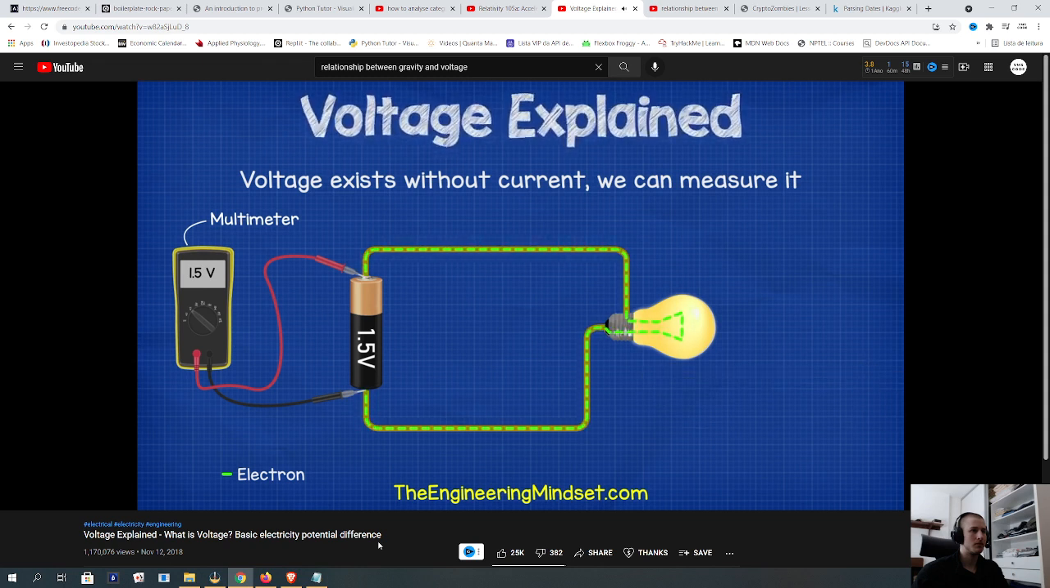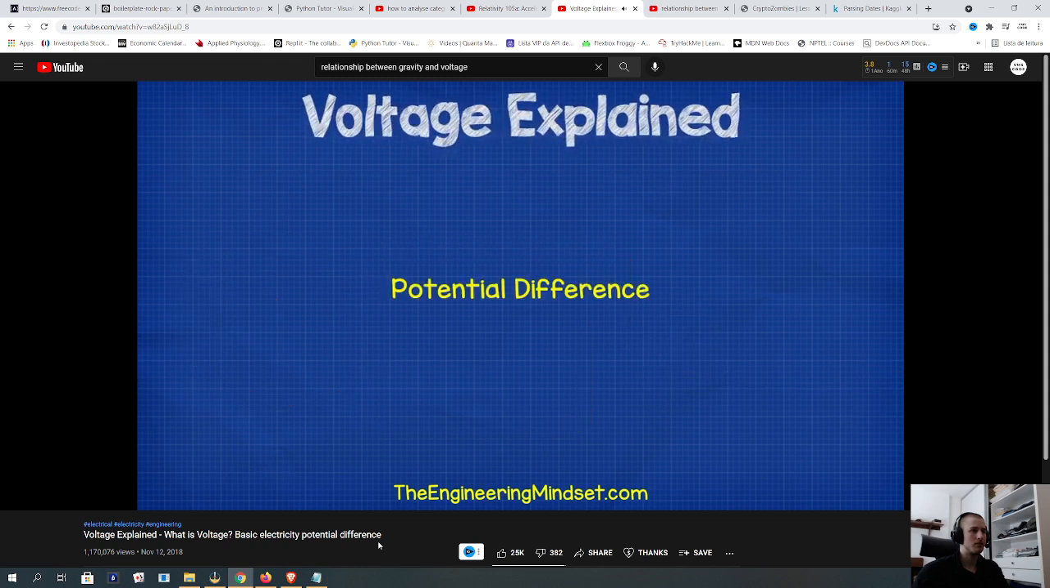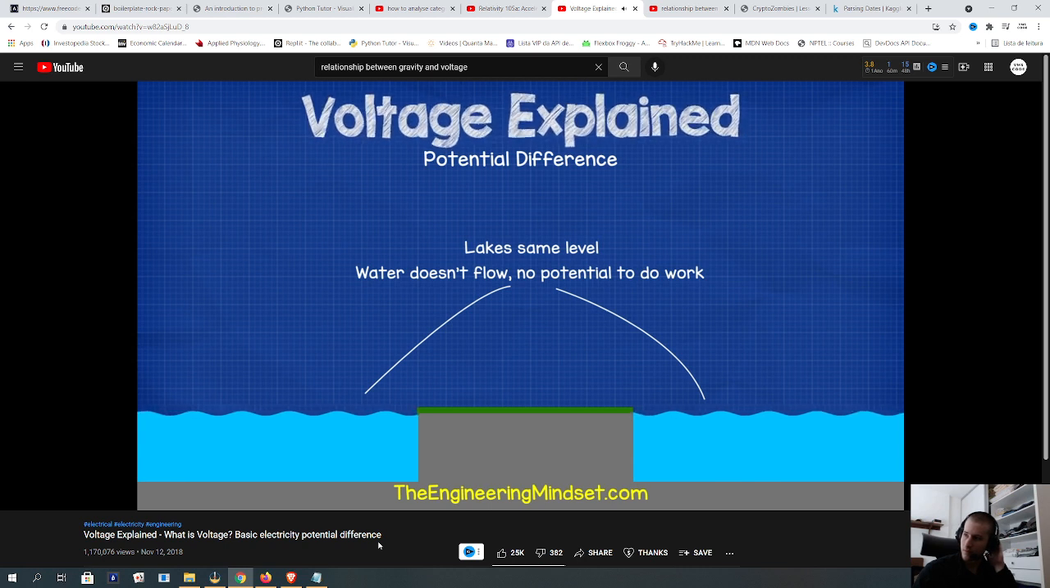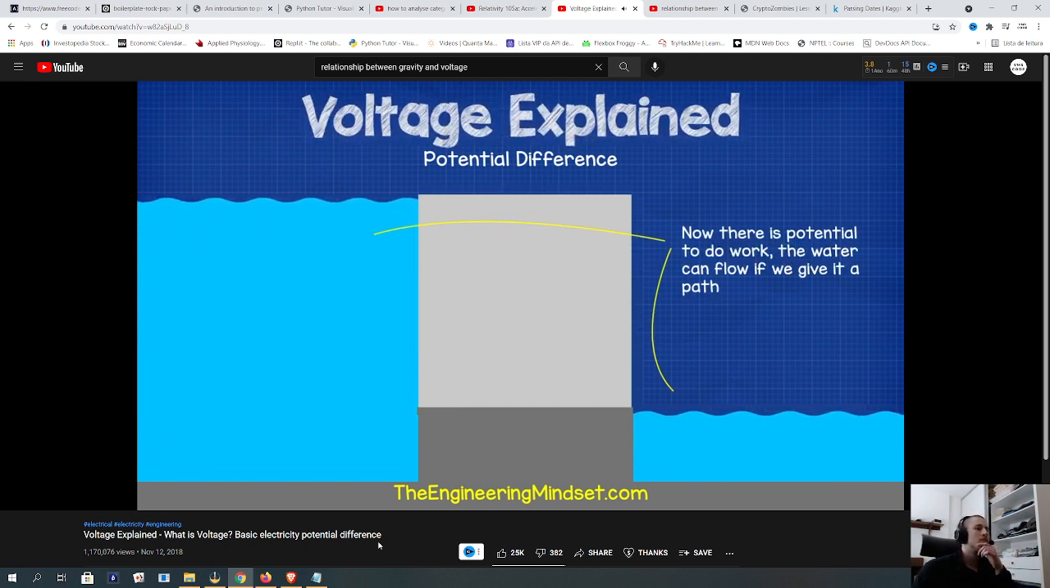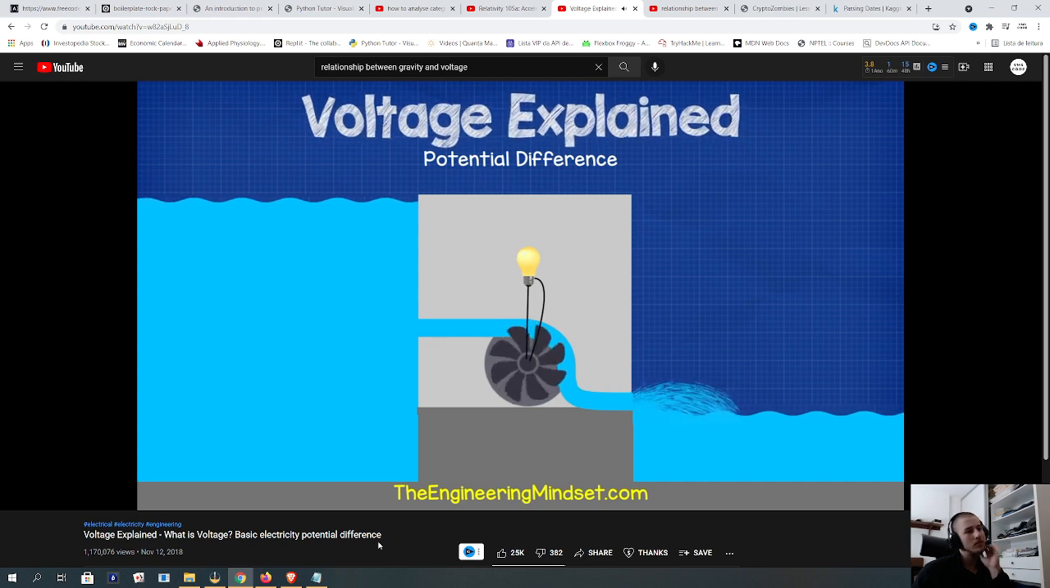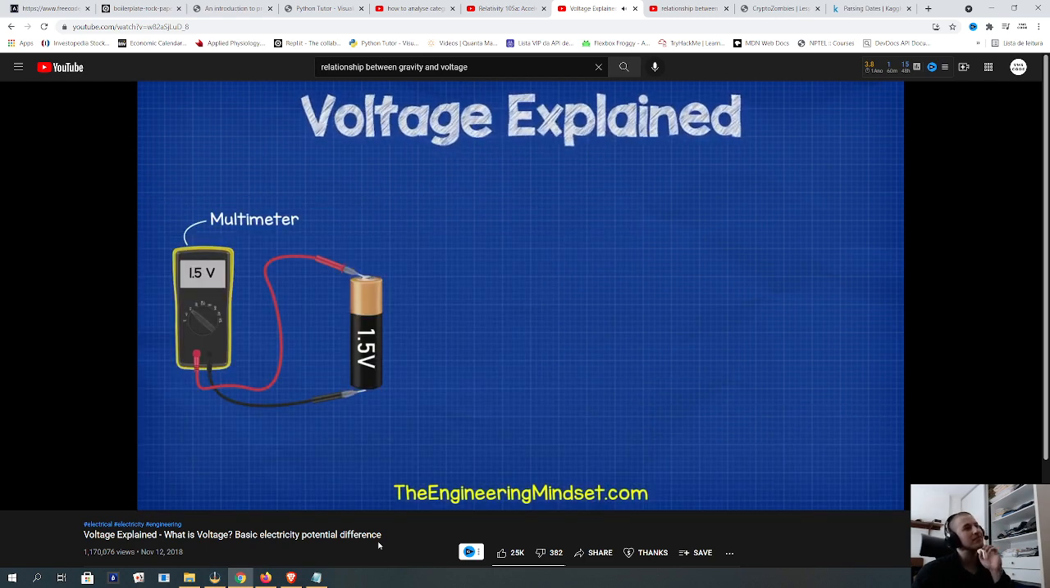We sometimes hear voltage referred to as potential difference. This really means how much work can potentially be done by a circuit. Coming back to our water analogy, if we have two lakes at the same level, then there is no potential to do work because the water isn't flowing. But if we raise one lake higher than the other, then this higher lake now has the potential to flow down to the second one. And if we give it a path, then it will flow. If we place a turbine in its path, then we can use its energy to power a light or even an entire town. Back to the electrical circuit, this battery has a potential difference of 1.5 volts between its negative